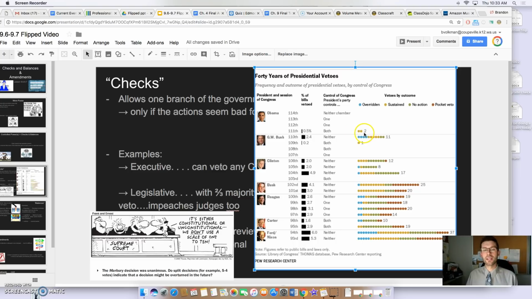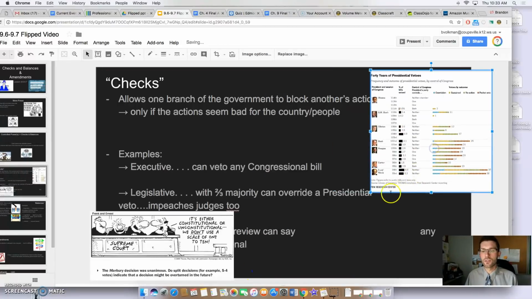So as you can see here, President Obama had 2 vetoes. Neither of them were overridden. They were sustained, so they stayed. If we look down here, we can see that Ronald Reagan did a whole bunch of vetoes, and a few of them were overridden with the 2/3 majority. So, to give you another example of how a president can use a veto and how Congress can use their 2/3 majority,